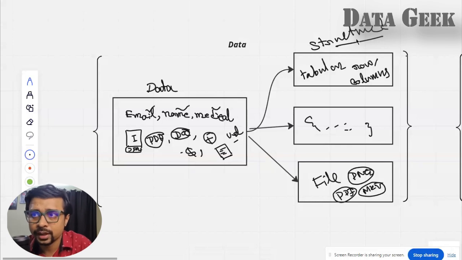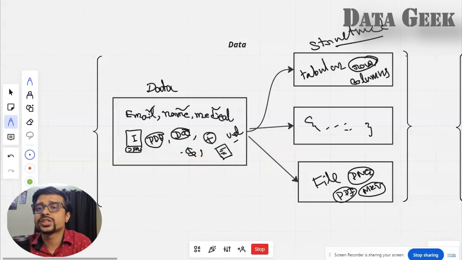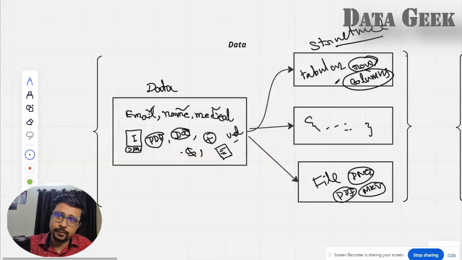Suppose a school database is saving information about the school's students. Each and every student will have the same kind of information: every student will have a name, an email, and a phone number. So if student one has three pieces of information, student two must also have three. That is a structured database. You can define a structured database in a row-column architecture, so there will be three columns and multiple rows depending on how much data you are saving.